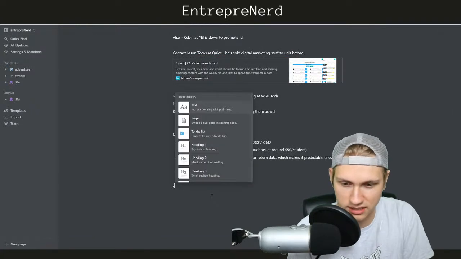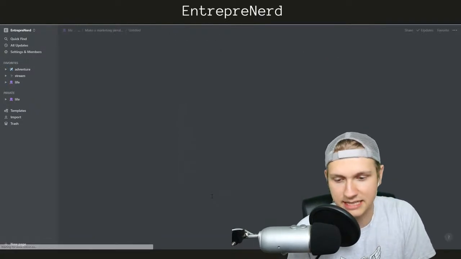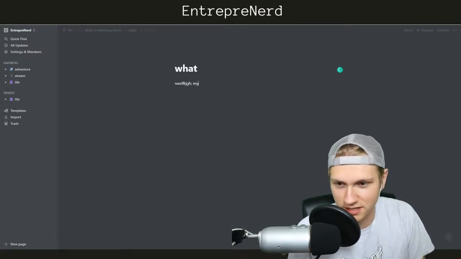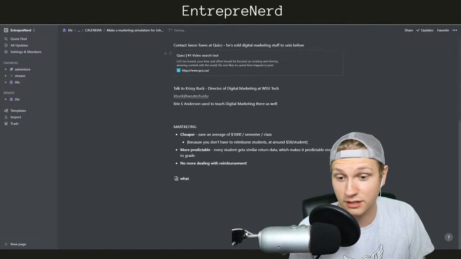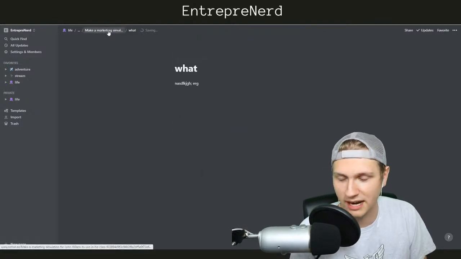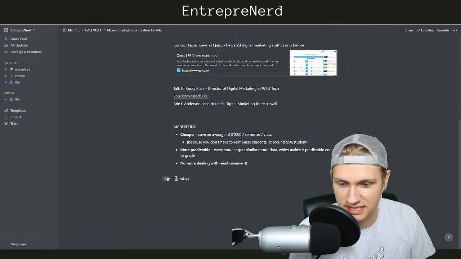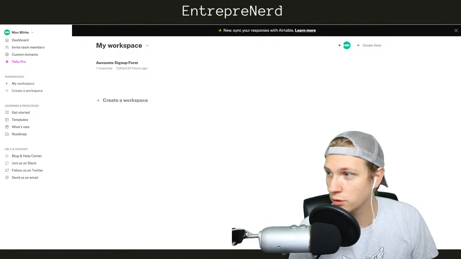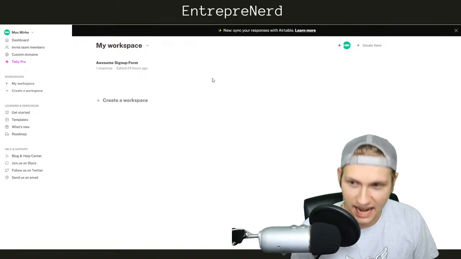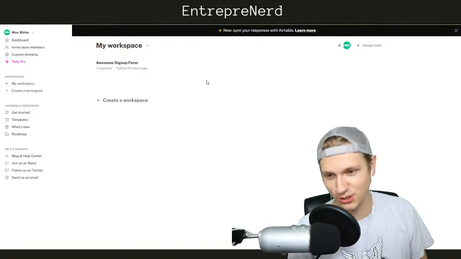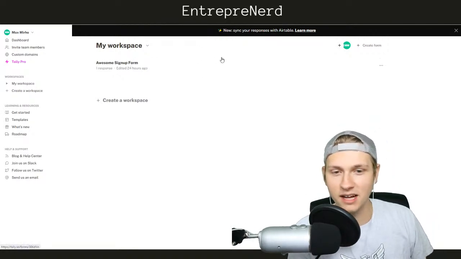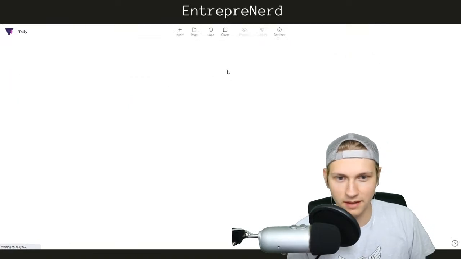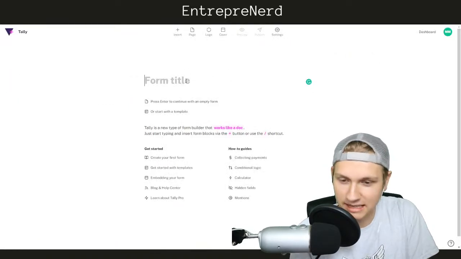Where you click / and add a separate page, go into the page and name it, click enter and type some stuff, and then go back to the marketing simulation, and it's just a page down at the bottom that you can click into. That pageified system is Notion-specific. Tally copied the entire UI, which I love, and made a form software that functions exactly like Notion. So I'm going to create a form, and it looks exactly like Notion.